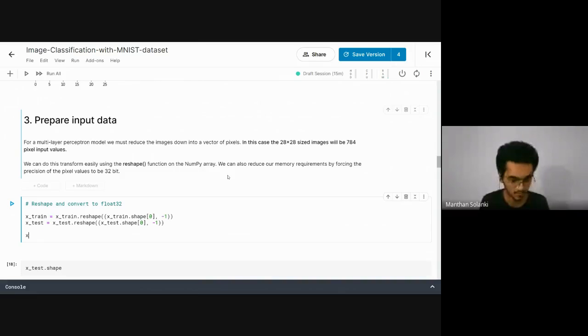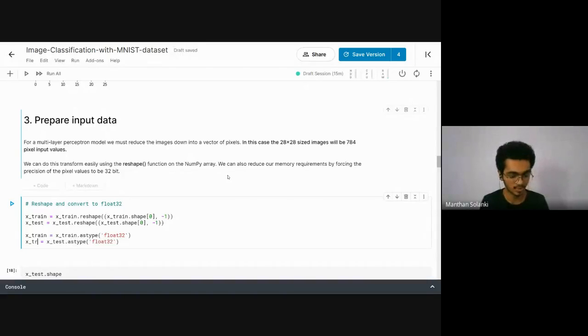So here I am converting my input data to float, as type float32, and the same for test data.